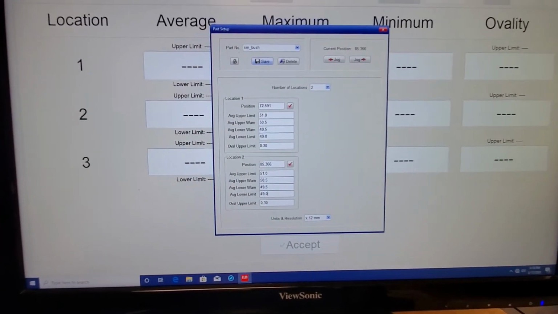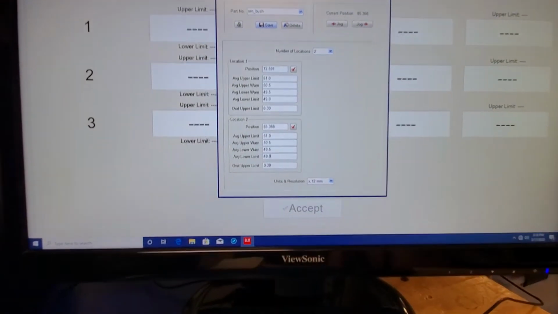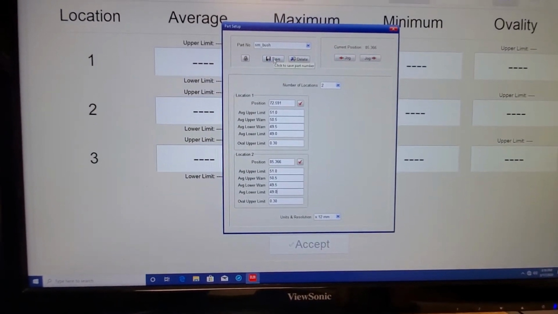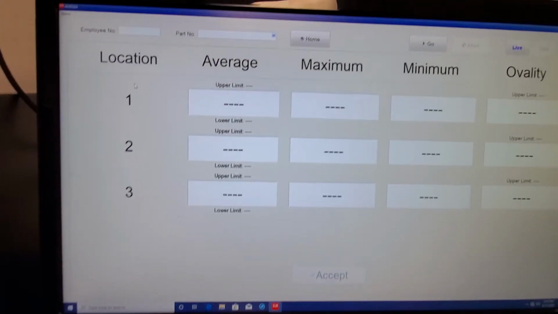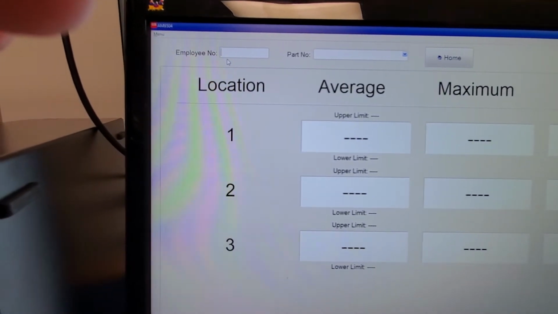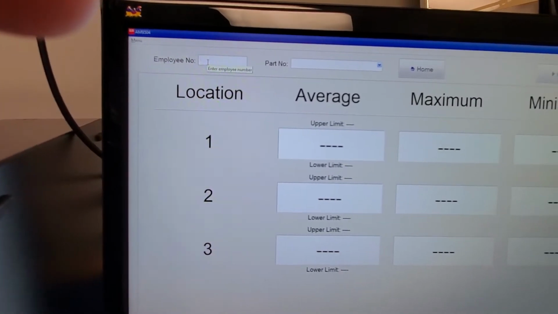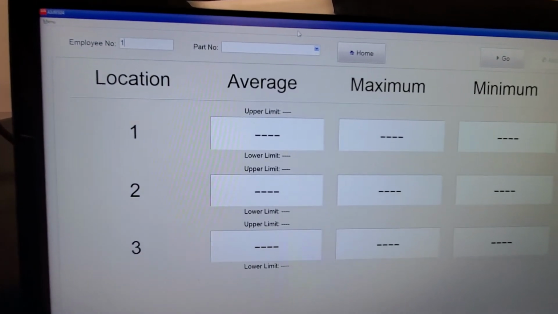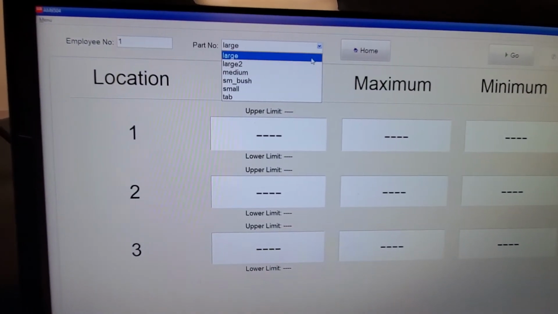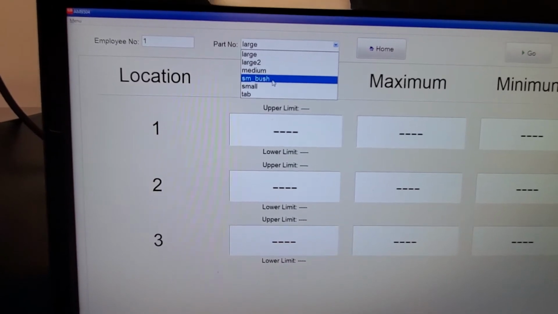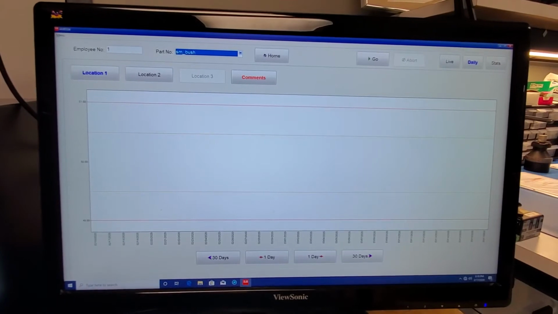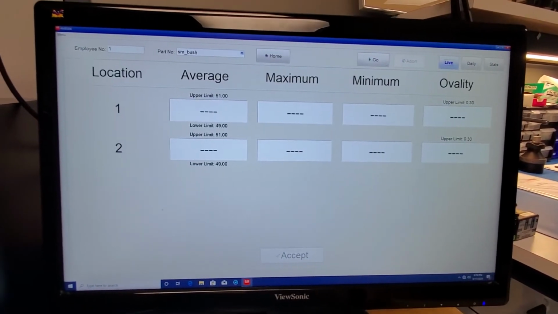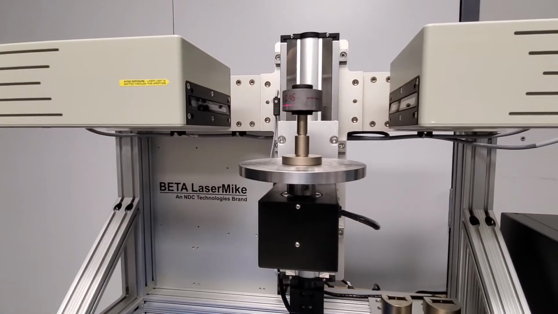Okay, I've entered in all the information for this part. So at the top, I'm going to save it, and we will go back to the main menu. So you would enter an employee number, and then you'll have a library of different parts you can select from. We just created the small bushing. Select that, the live data, and when we hit go, the slide will move to its position, the first position